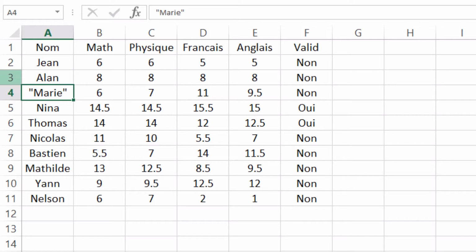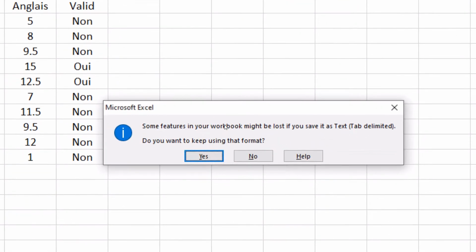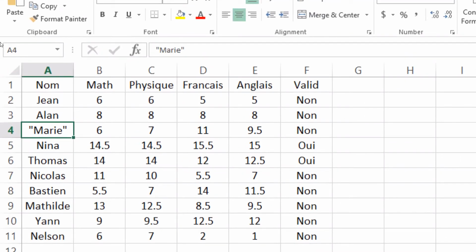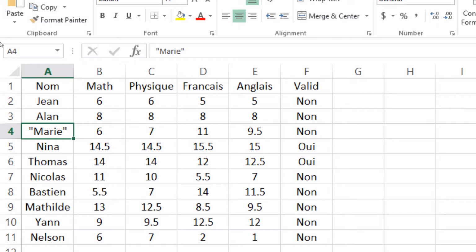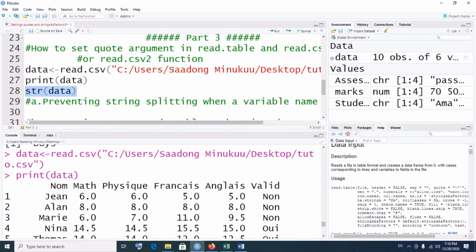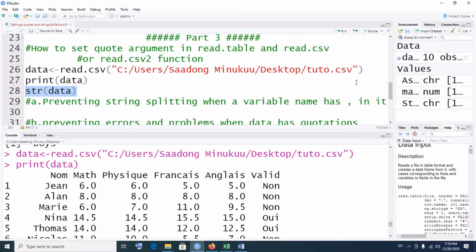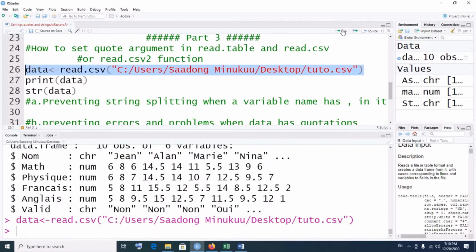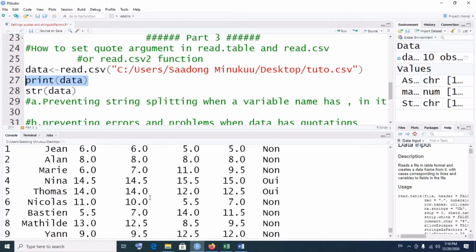Double quotes, as I showed you earlier using the help command. So if I save this with Control S, and I try importing using the read.csv command, it wouldn't give me any error. Let's quickly do that. If I read the data once again, it hasn't given me an error. If I print the data, but you see that right now,